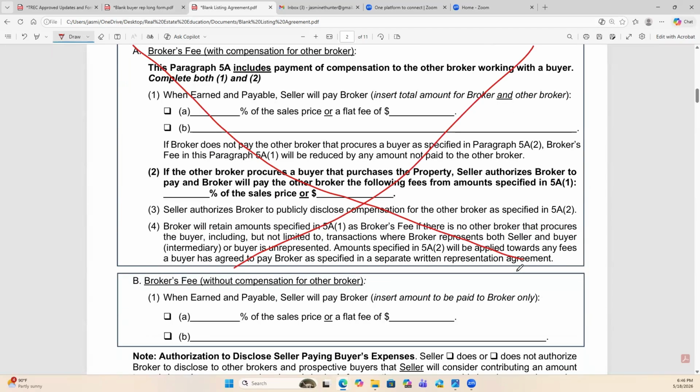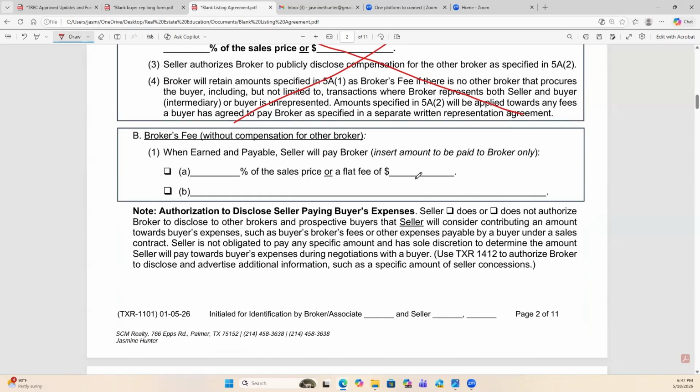This is about to go away. There is no listing agent paying, listing broker paying me, your buyer broker, or me as the listing broker paying you guys. I'm not writing checks to any brokerages anymore after this. Once this is done, this is done. This is going away. The payment comes from the seller or the landlord forever from this point moving forward. That's just what it is. So when you sign a listing agreement, I've been telling you guys for a while now, focus on this paragraph right here.